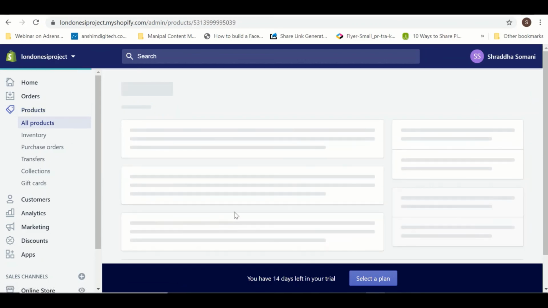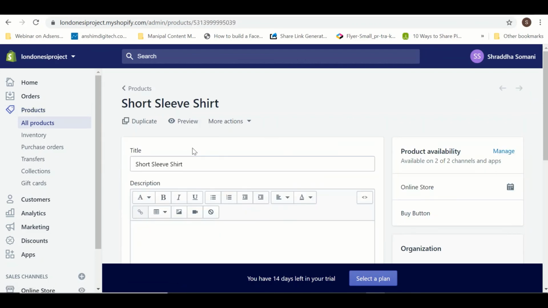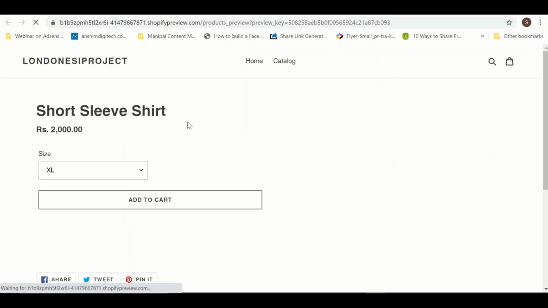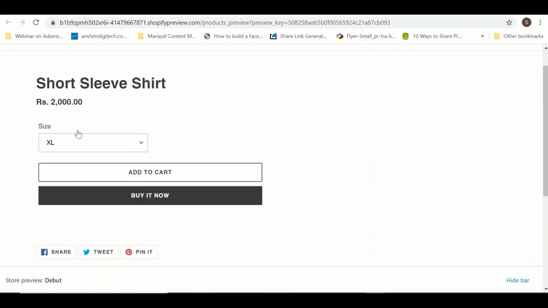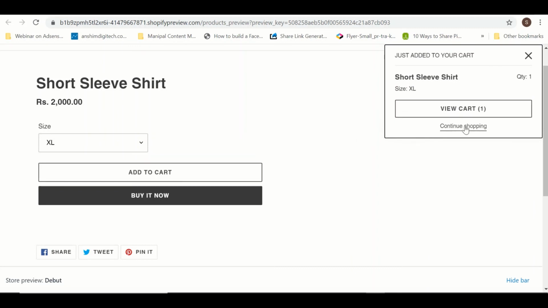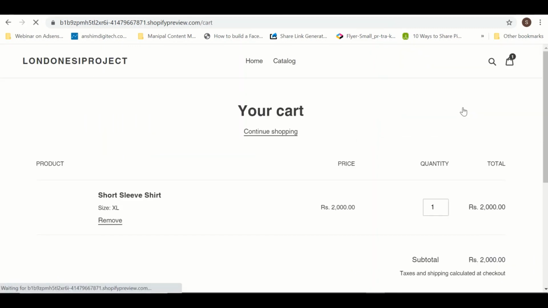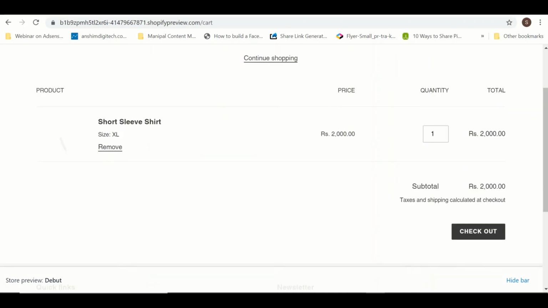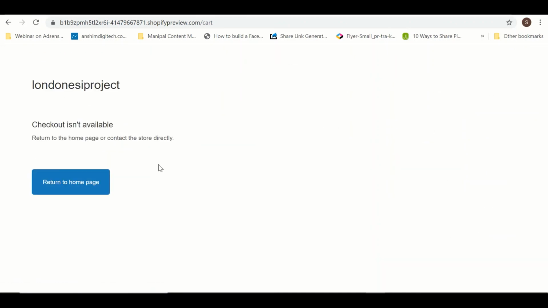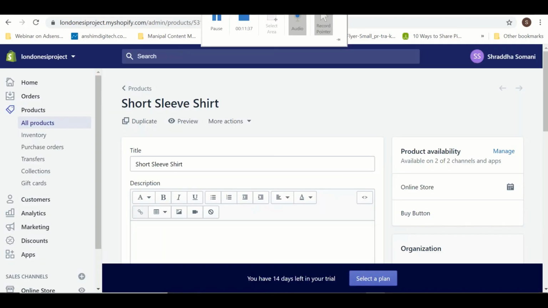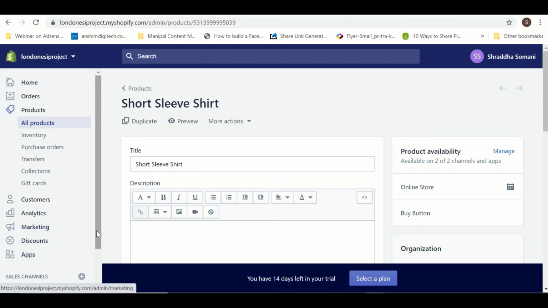Okay, so now let's have a preview of this particular product. When I add it to a cart, say for example I'm adding this to a cart, I will say view cart. So shipping charges will also be applied during the checkout. Okay, right now checkout configuration is not done, it's not available, so you are not able to see this checkout option.